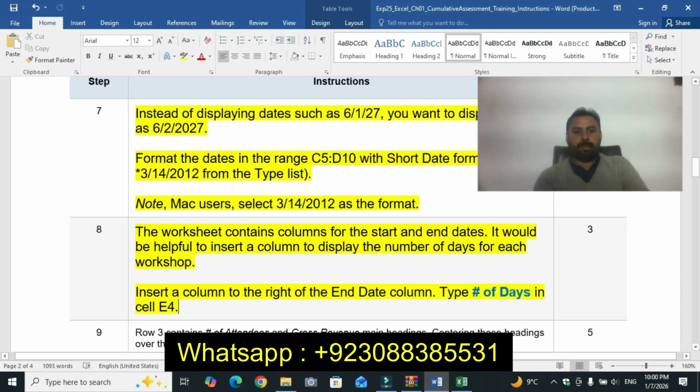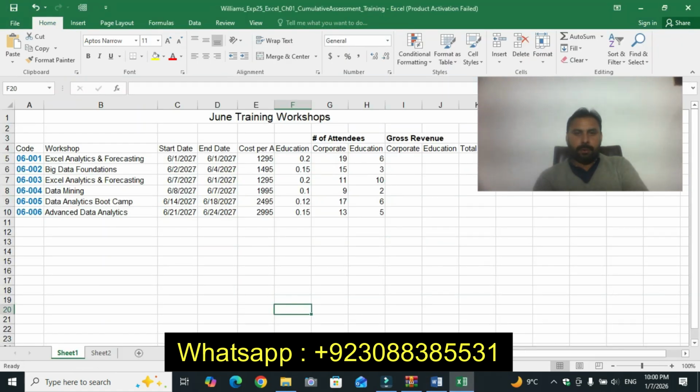Insert a column to the right of the end date column. Type # of days in cell E4.